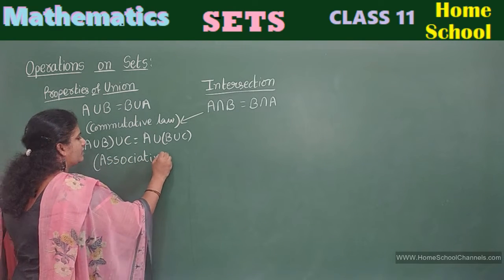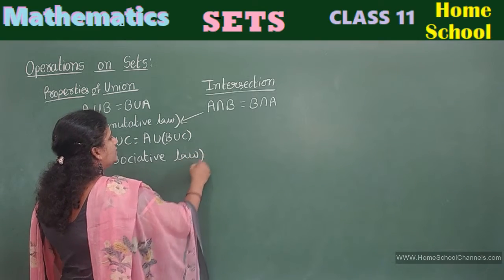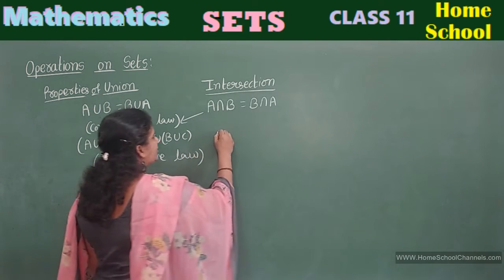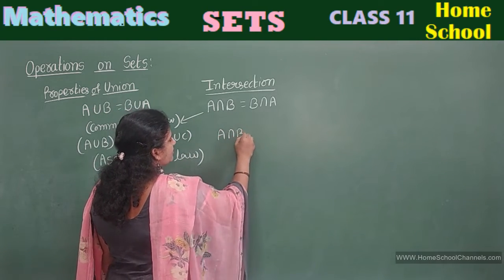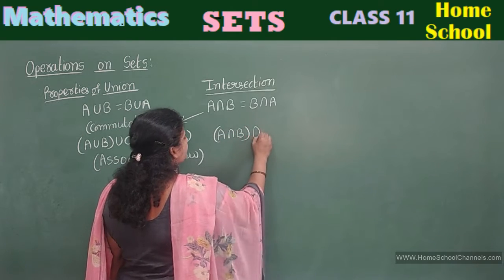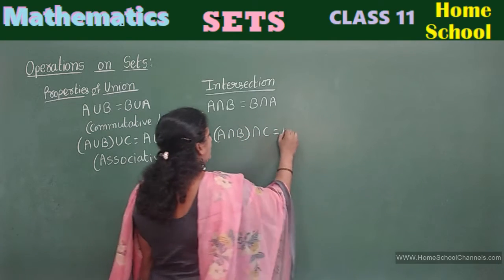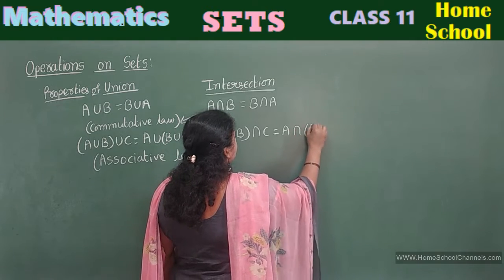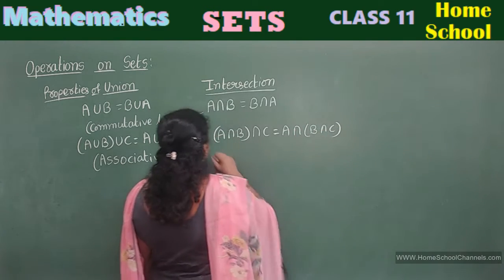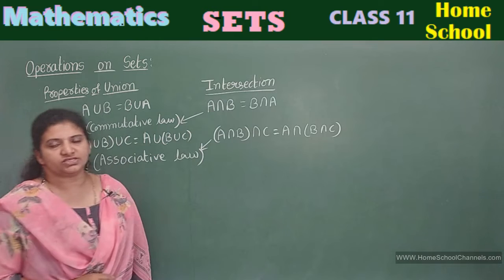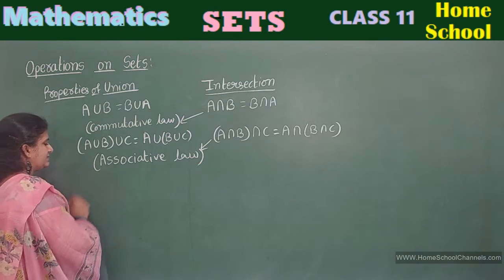Associative law. Similarly, for intersection, A intersection B of intersection C is equal to A intersection of B intersection C. Same law, you can write it as associative law. Next, A